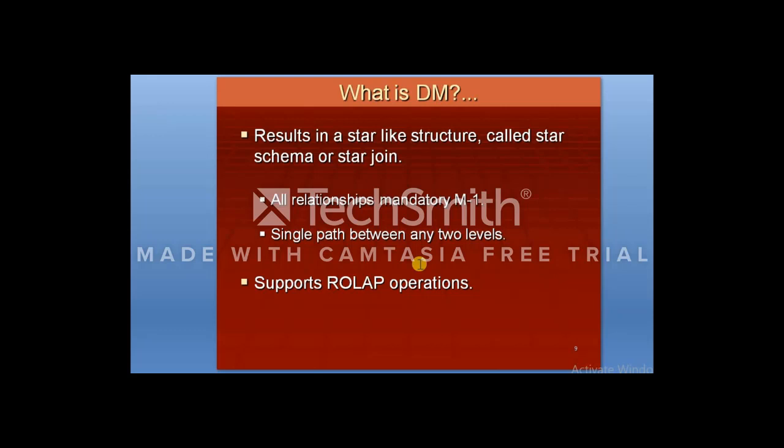Let's say we have a dimension called product. Product can be referred to multiple times inside the fact table, because a product can be bought in multiple stores, in multiple regions, at multiple times. So the product can be referred to multiple times in the fact table. So there will be a many to one relationship from fact to dimension, and from dimension to fact the relationship will be one to many.